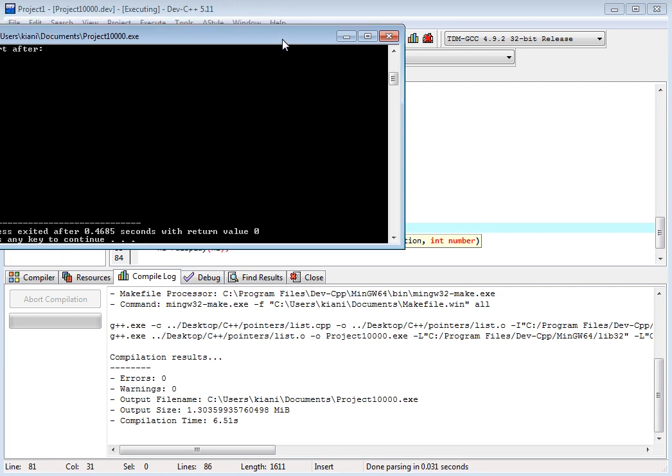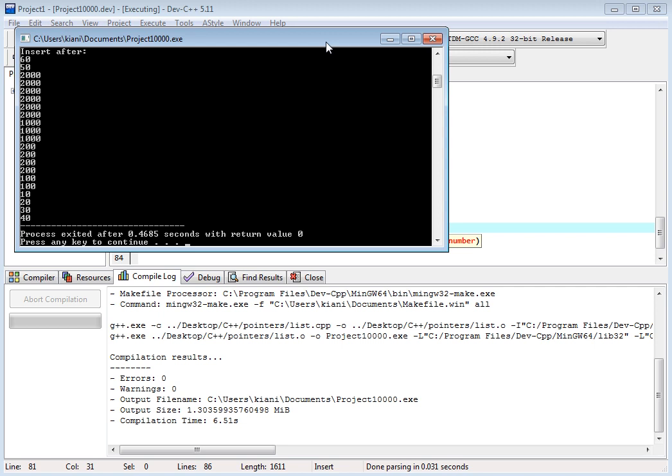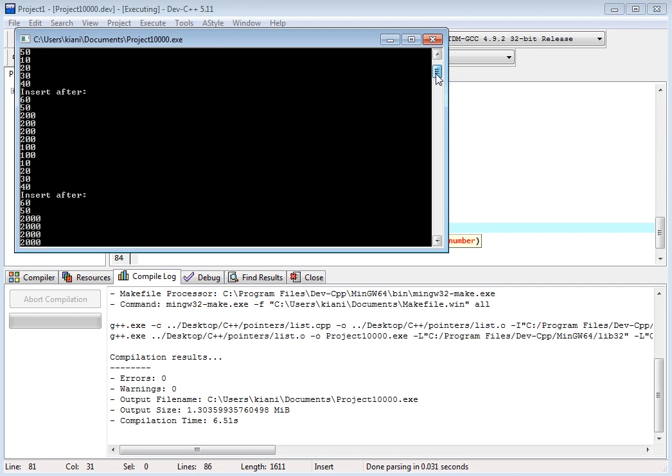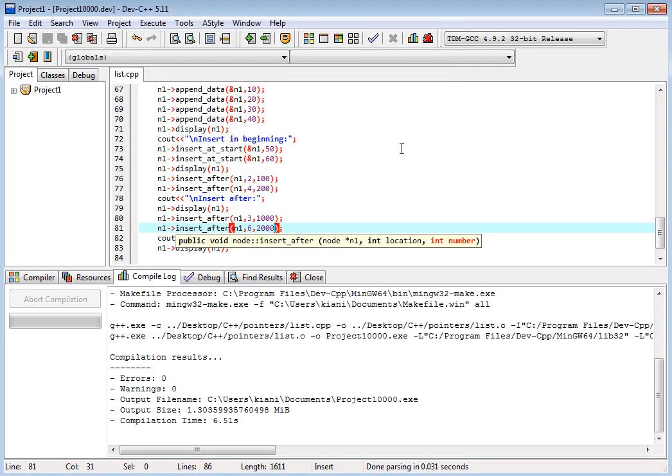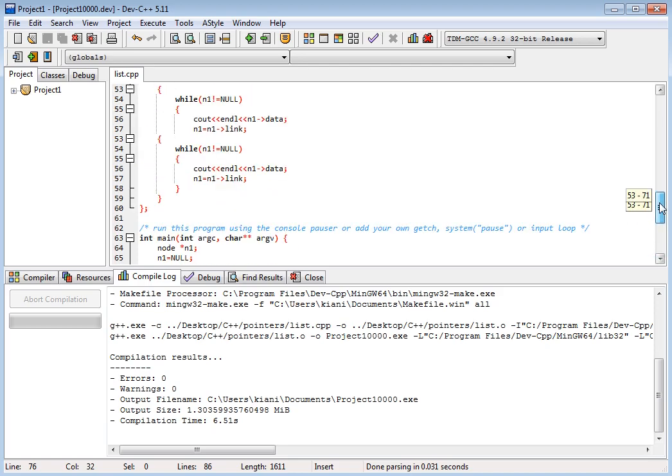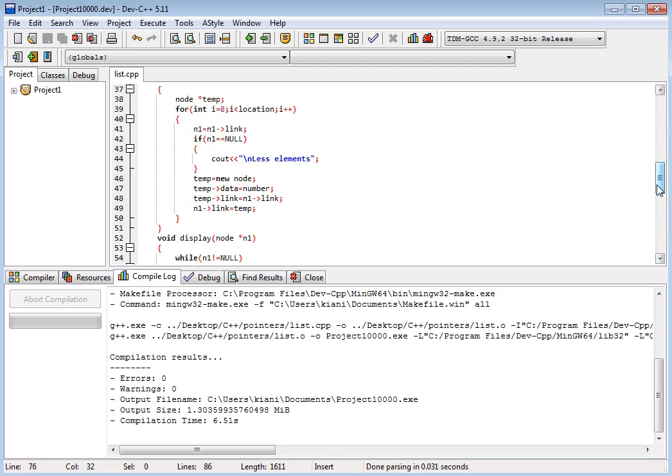You see, now 2000 and 1000. It is inserting 3 times. 2000, 2000, 2000. Why is it inserting 3 times and then displaying this?